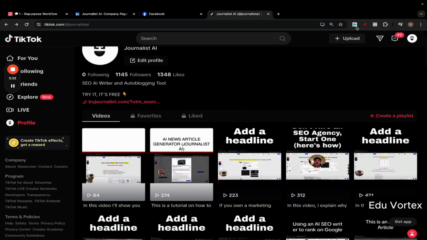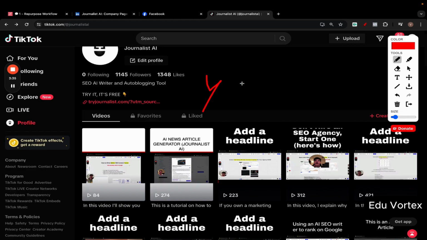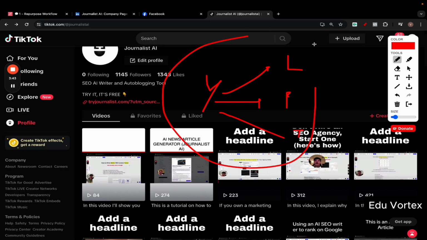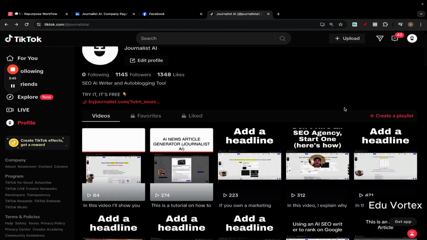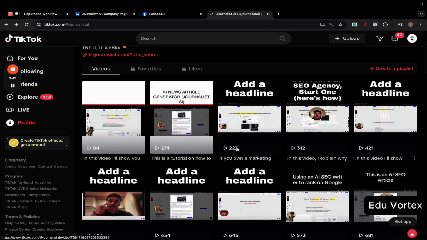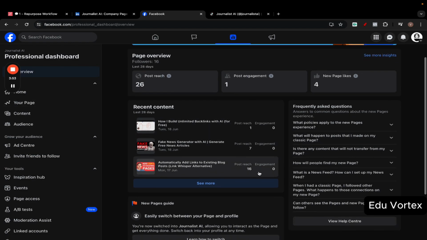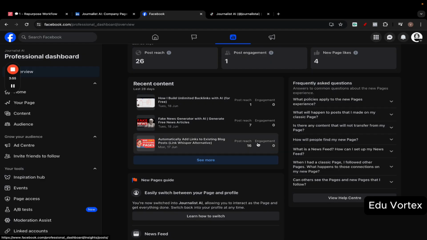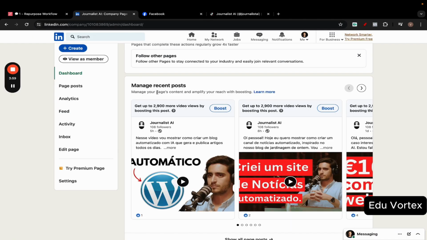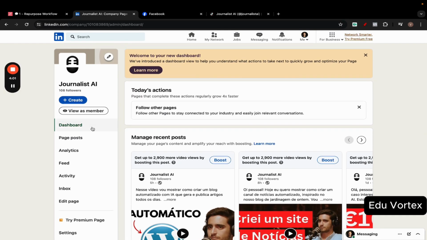And as soon as you upload a video to YouTube, it goes to LinkedIn, it goes to Facebook, it goes to TikTok, all automatically done for you. You don't have to lift a finger, right? Then you get 200 views at least in every single one of them. On TikTok, on Facebook, you start building a page, you start getting views, impressions, right? People start coming in from there as well, because there's a lot of users on Facebook, by the way. And then on LinkedIn as well, you can start getting views, impressions.